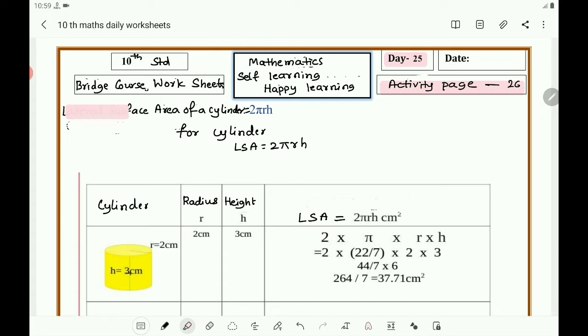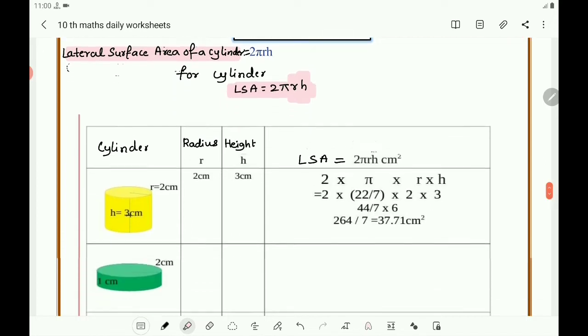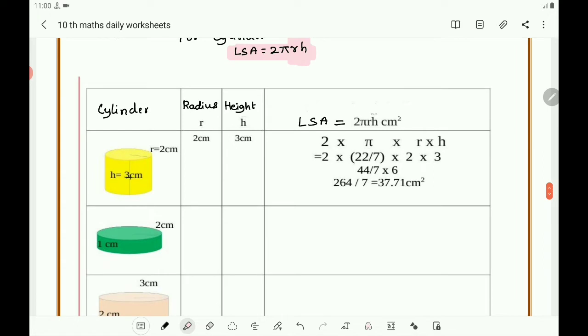First, about the lateral surface area of the cylinder. What is the formula to find the lateral surface area of the cylinder? LSA of the cylinder is equal to 2 pi RH. Here R is the radius of the cylinder and H is the height of the cylinder. So by using this formula, children, calculate the lateral surface area of the cylinder by using the given radius and